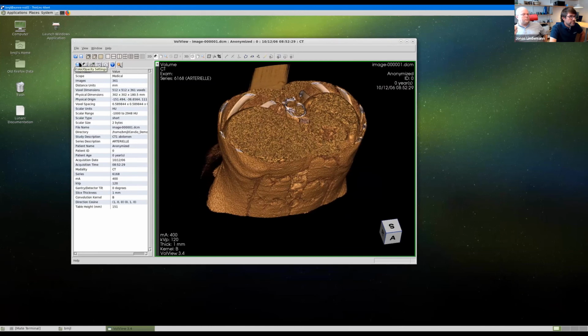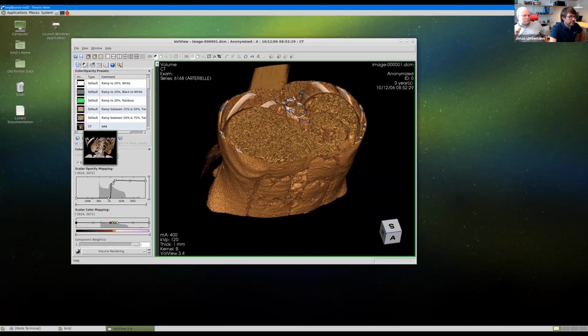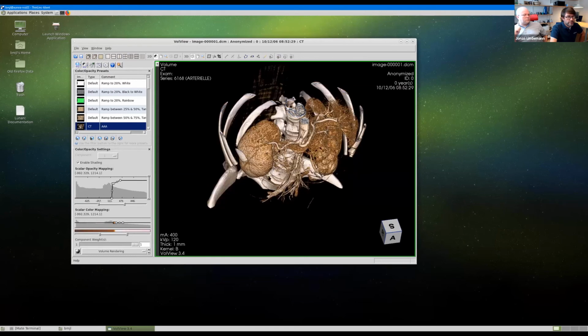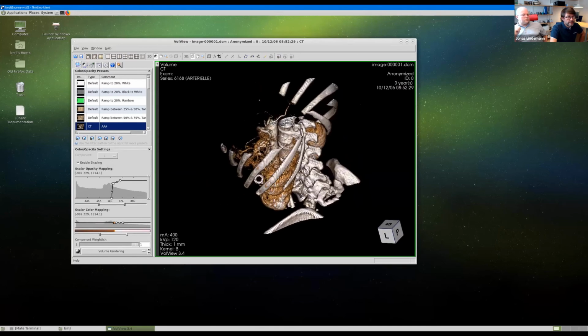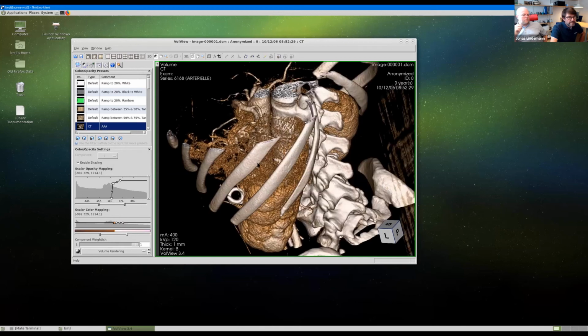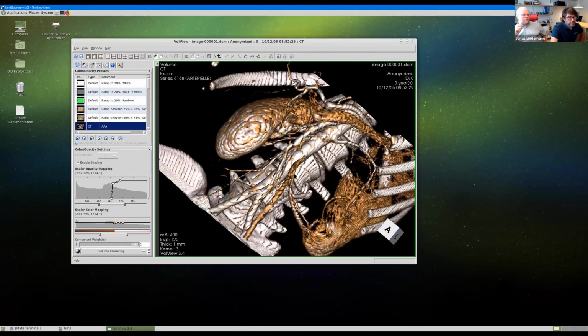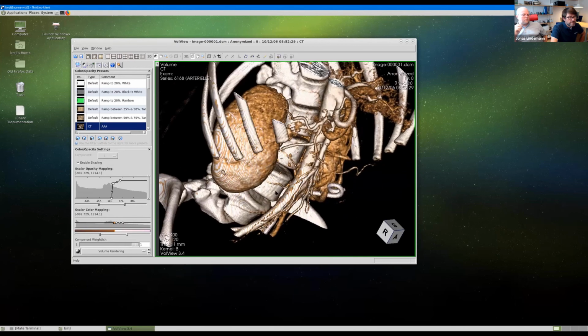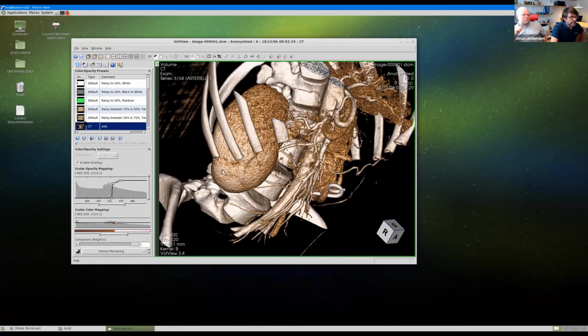I can do some simple lookup table changes to visualize this in different ways. It's very well performing. I hope you have the same experience across Zoom, but here the frame rate is very consistent and it's very fluid.